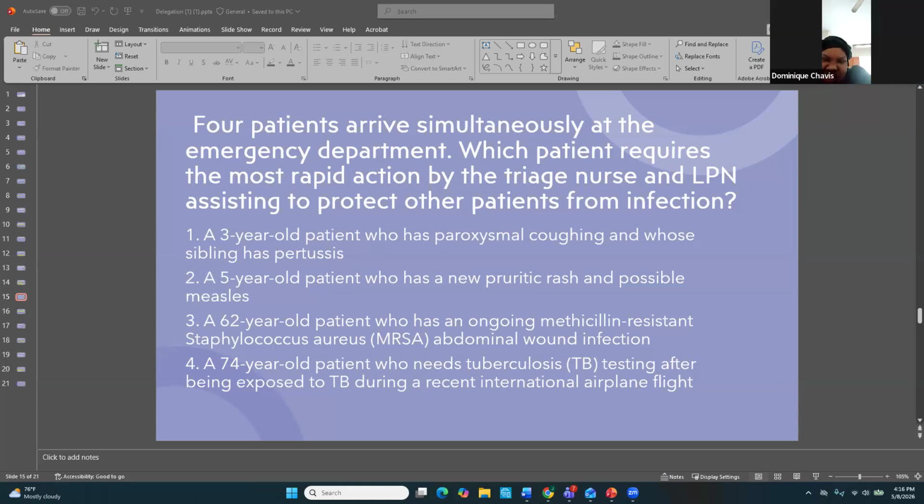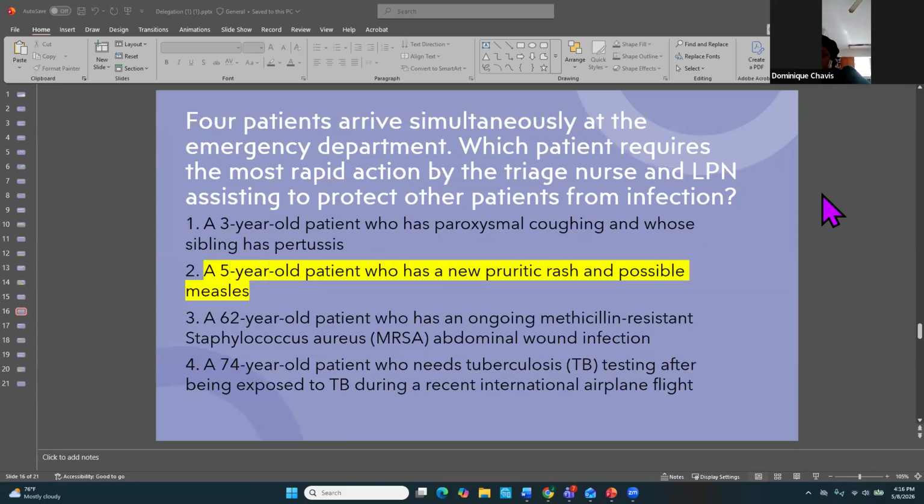We actually had this question before in capstone. I think it's 2. It is. Why is it 2? See, I knew I was going to ask that question, right? The new onset